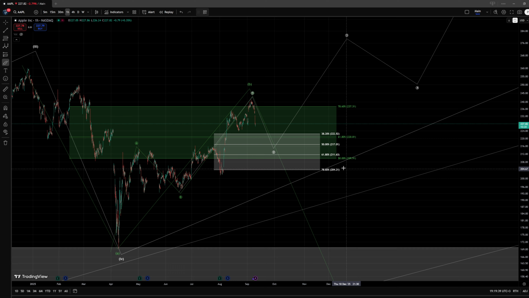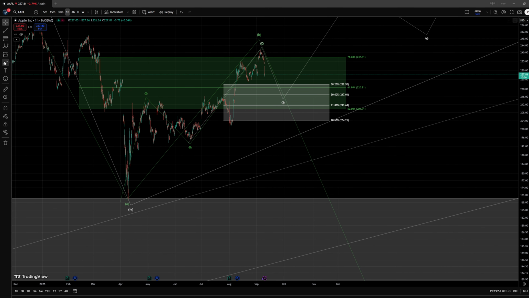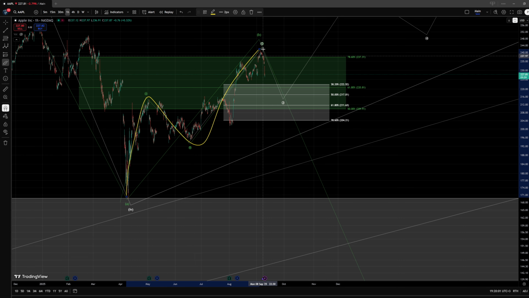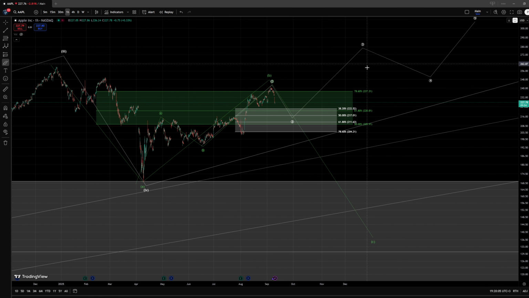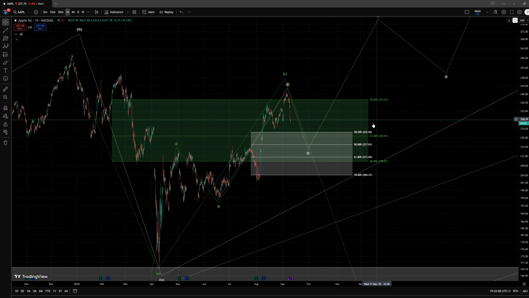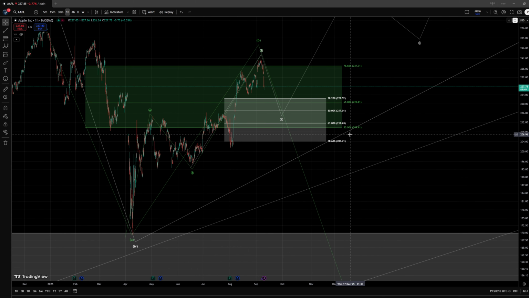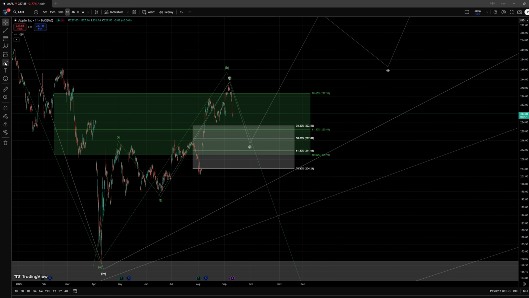A break below this level of support would actually not necessarily be the worst. We are very likely to find support in this area, at least for a temporary reversal, if not more. But yeah, it would indicate that we would have to shift back to the idea that this is an ABC movement, and yeah, we could still be looking for a diagonal that could be forming overall to the upside, but the likelihood would rather shift towards the green interpretation in that case, and I would be focusing on a C wave